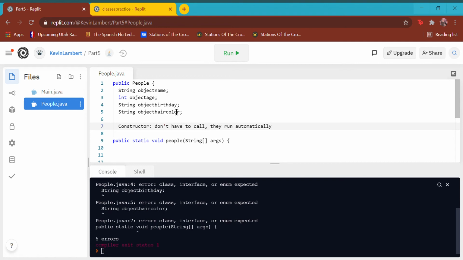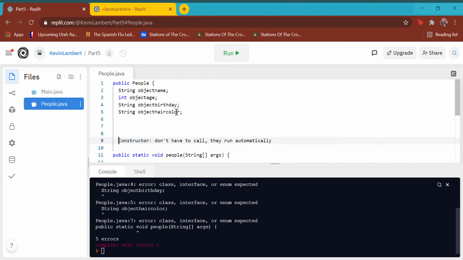And so we're going to create a constructor function. And you can create constructor functions that either have parameters or don't have parameters. And I'll give you an example of either. So the thing is, if you want to build a constructor function, here's what you have to do. You have to name it exactly what the class name is. So constructor functions that are named the class name are constructor functions that will run the minute you create an